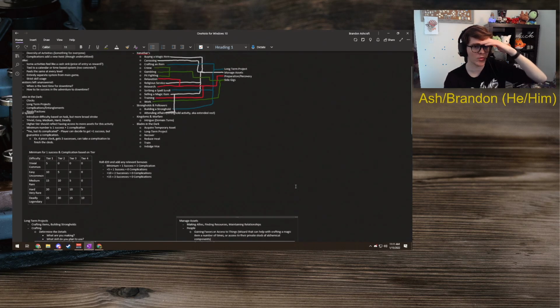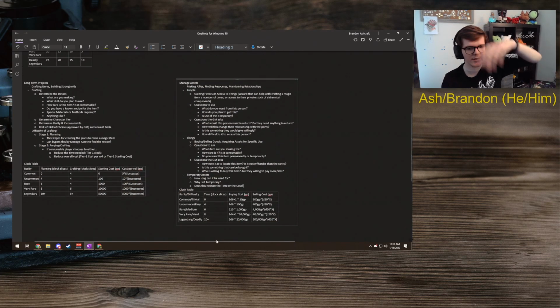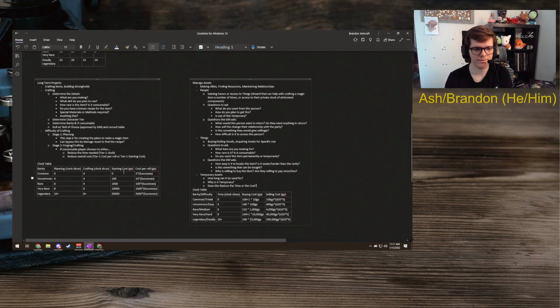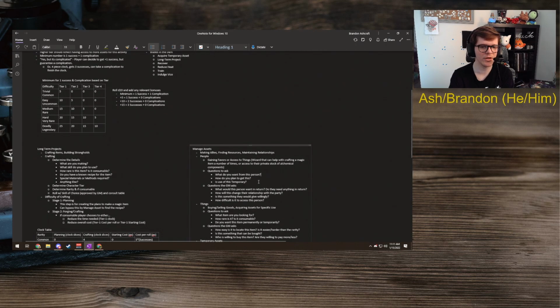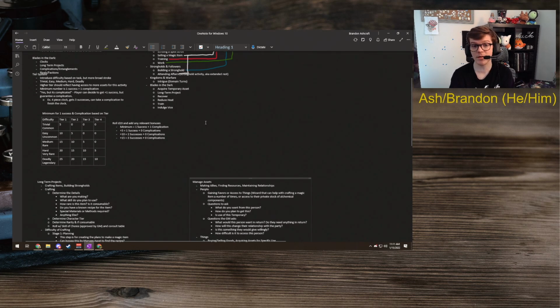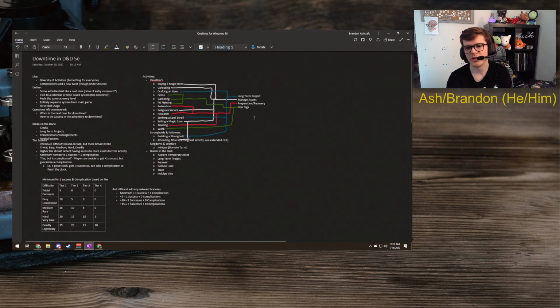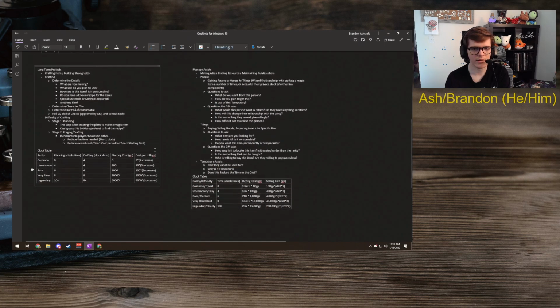This is something where I'm going to have to run it by people who do downtime a lot more than I do, and see what they think. I'd probably be on a call with them, because a lot of this requires that Blades in the Dark mindset, which at least the people I know who run downtime haven't touched yet. I would love to run them through Blades in the Dark because I think they would love it. But we'll see. So yeah, that is manage assets.